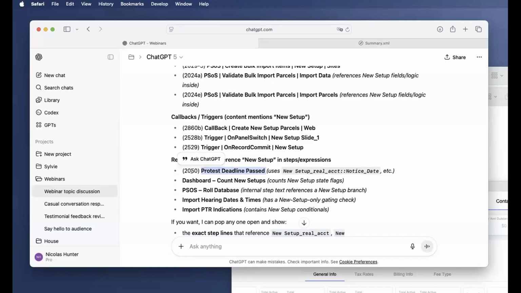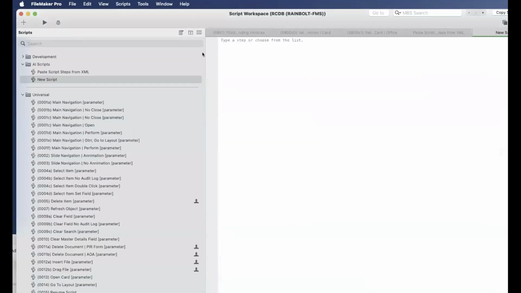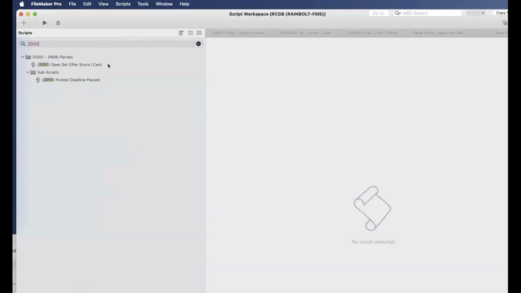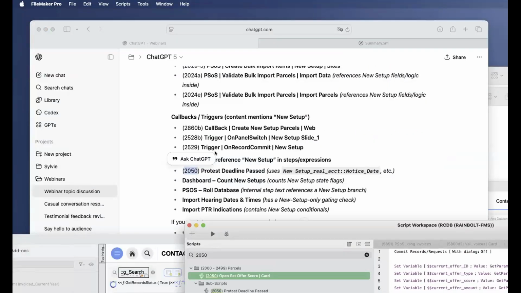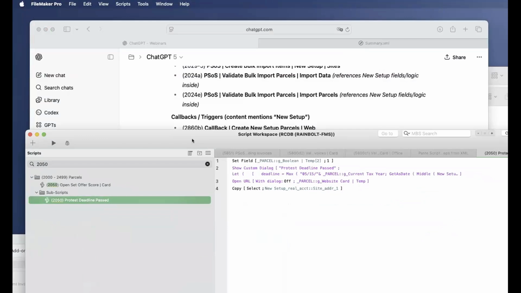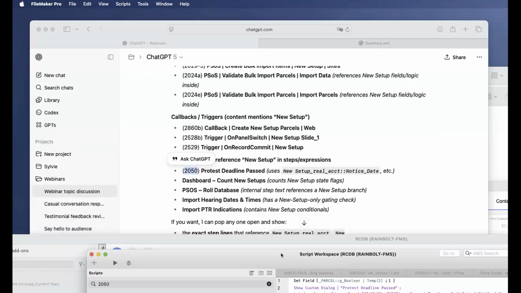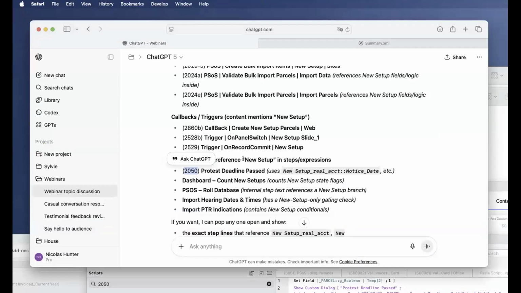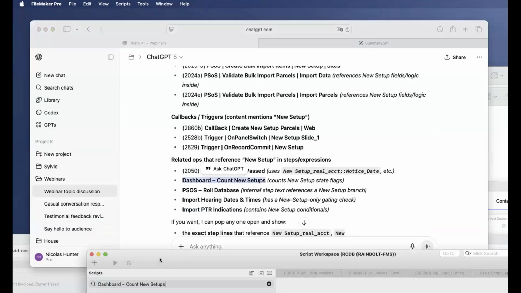title. But in the scripts 2050, I'm referring somewhere to new setup. And I said, find me everything with new setup. In this script here, I'm counting dashboard, count new setup dashboard.